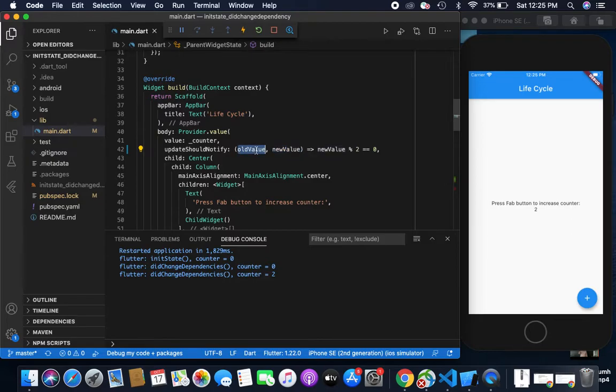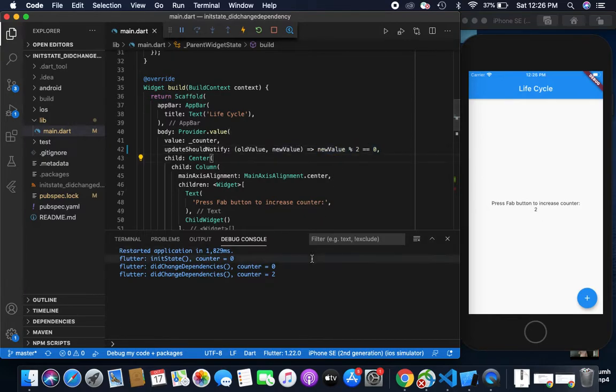So if your old value is 0 and the new value is also 0 at the initial time, it will print that didChangeDependencies counter is 0, because it gives you the mod of 0. But once you press the FAB button once, your old value is 0 but your new value is 1, so it will not give the output 0.